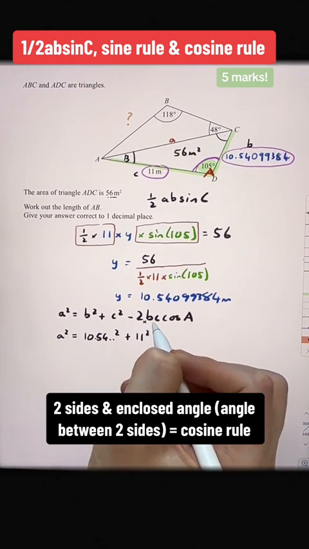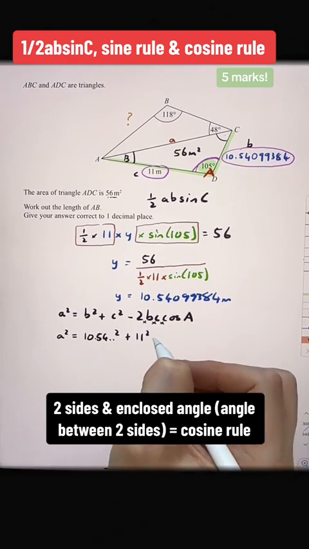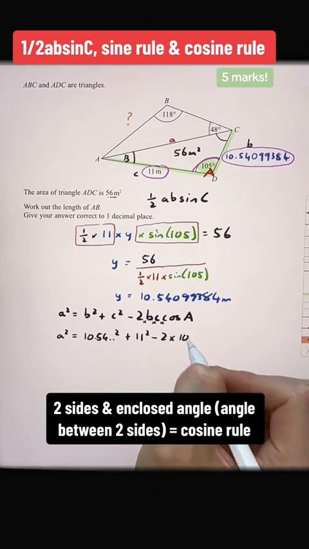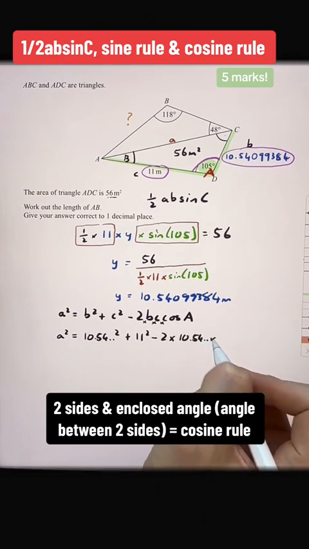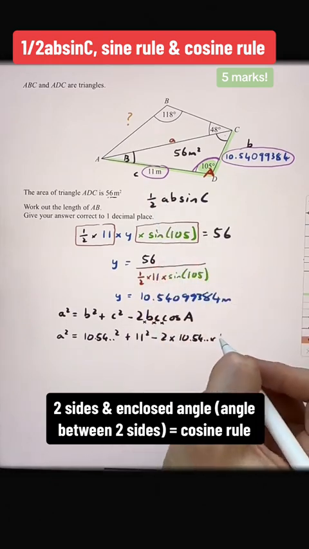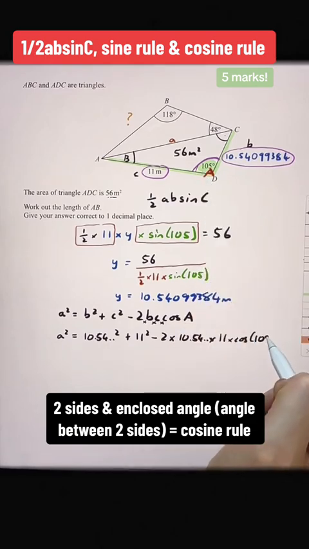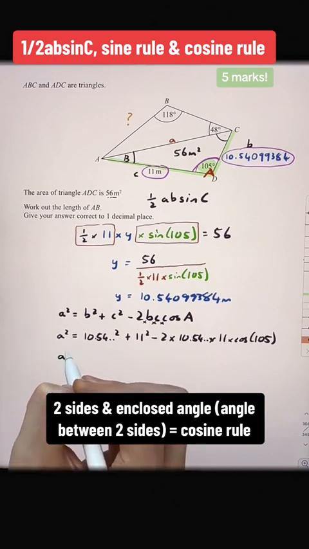In between the letters, we know in algebra that means to multiply, so it's minus 2, multiplied by my b, in this case my 10.54 number, multiplied by c, which in this case is my 11, multiplied by cos of my enclosed angle, which in this case is 105. Substituting everything on the right into my calculator, that gives a squared is equal to